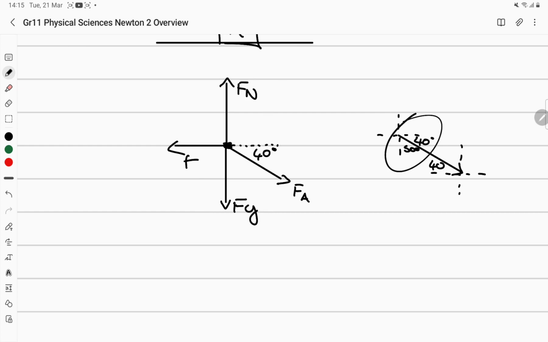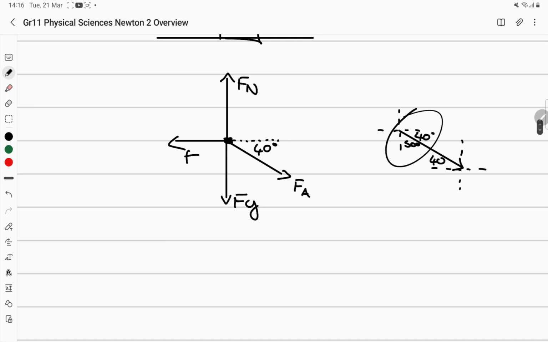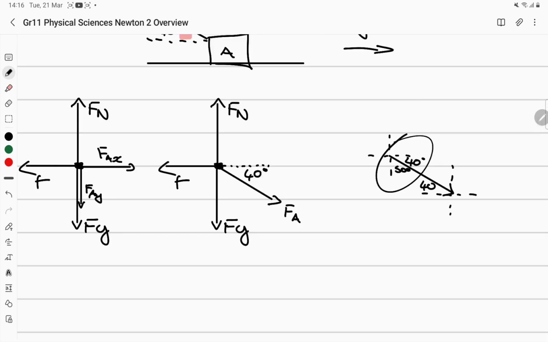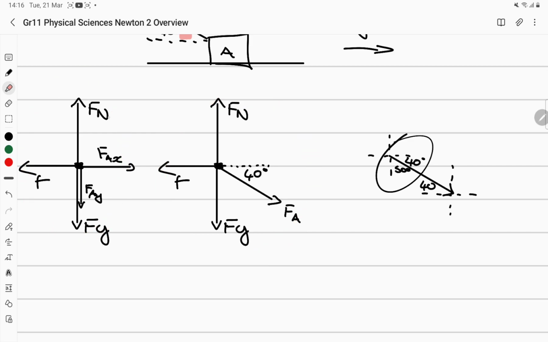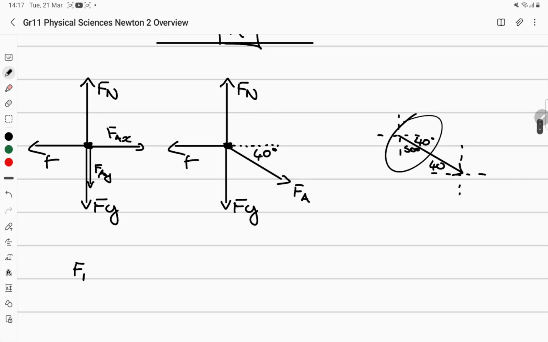In the vertical plane, yes, looking at that plane, we actually have 3 vectors in operation there. So what I'm going to do is double up this drawing to the alternative method. Alright, so there I drew it. These are actually the 2 options that you can draw in the exam, but taking a look at this one, there's something very important to note, that the normal force will be equal to